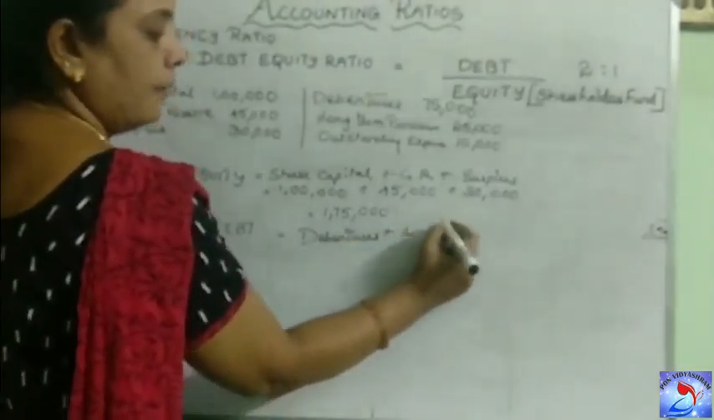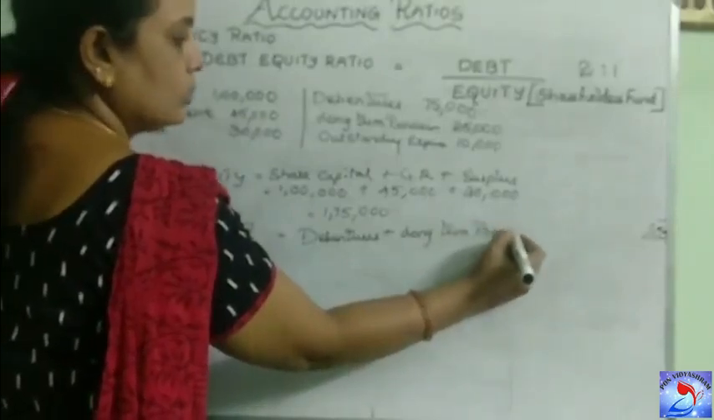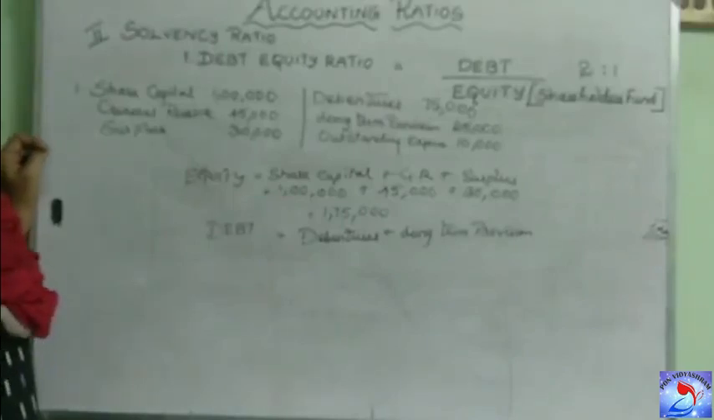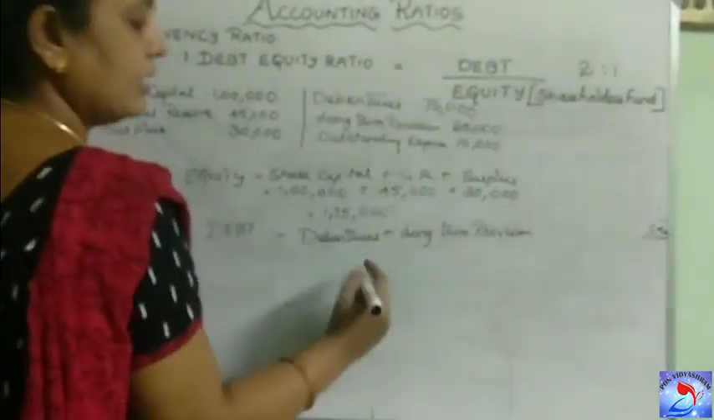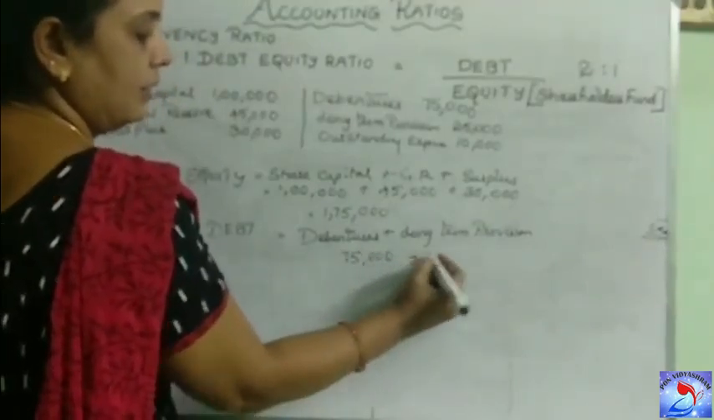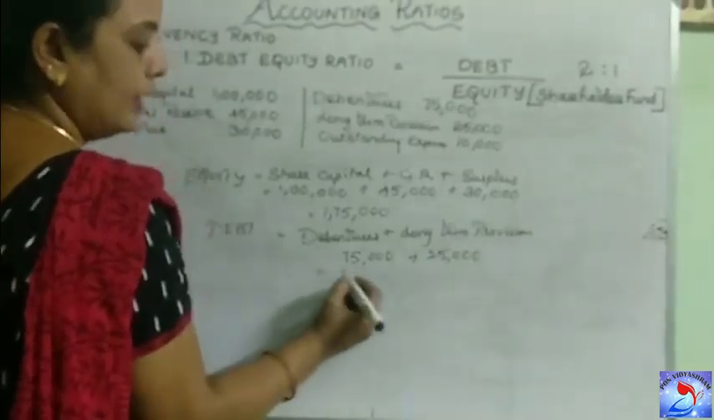Long-term provisions we have to take. Should we take outstanding expenses? Outstanding expenses should not be taken because it comes under current liability. Only these two items we have to take, that is 75,000 plus 25,000, which will give you 1 lakh as